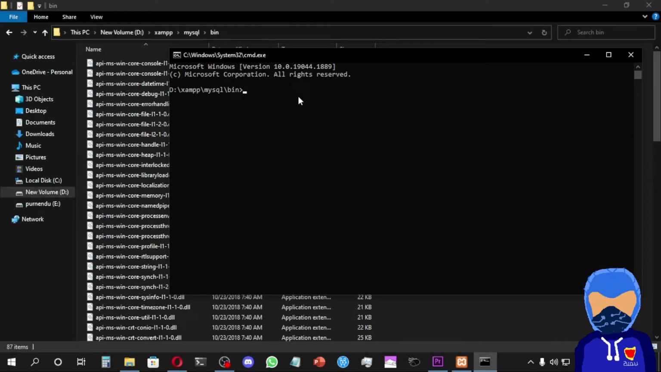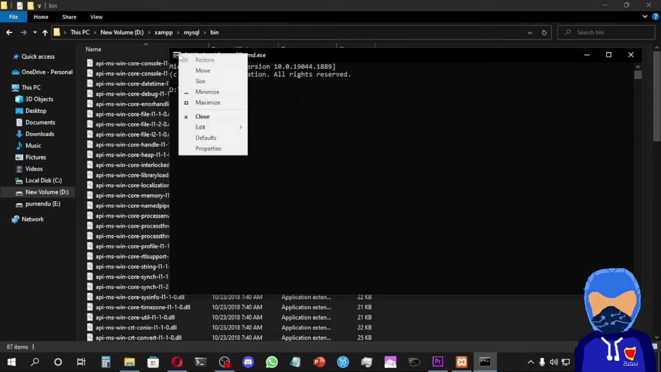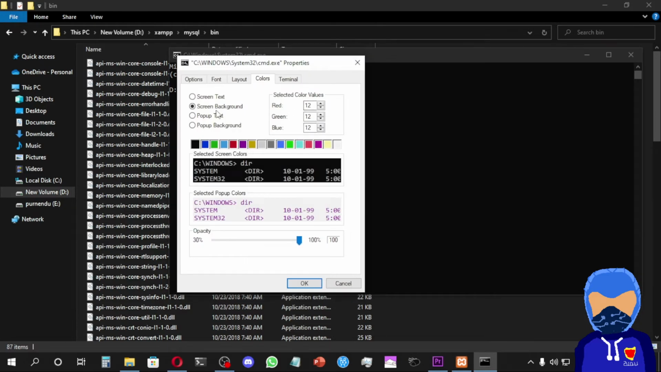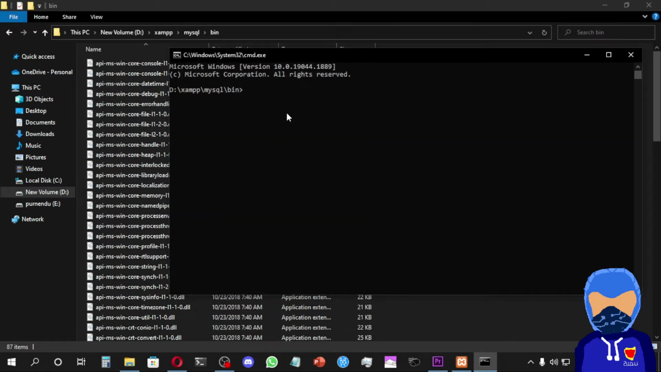For the screen, I'm just making it a bit bigger. Come here, open properties, and change your text size to whatever you want. You can also change your terminal color. For example, this screen text is going to be green, which gives you a hacker kind of look, or you can use the color A command to change the color. Okay, now type